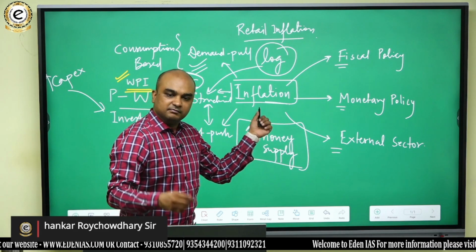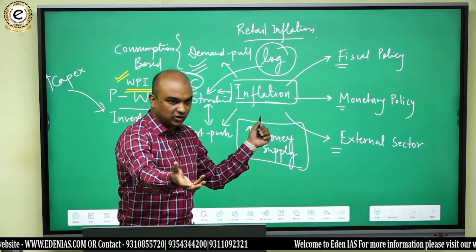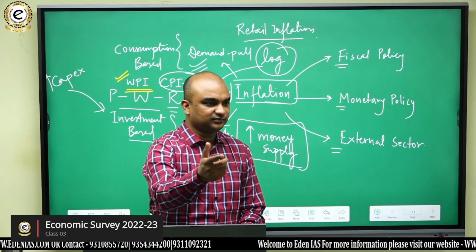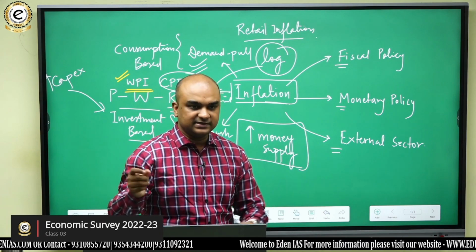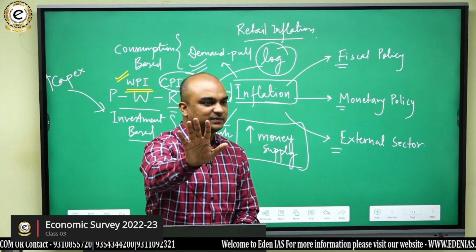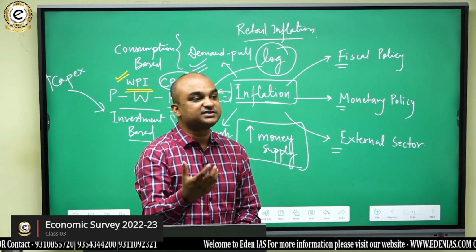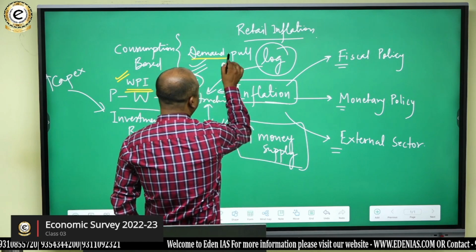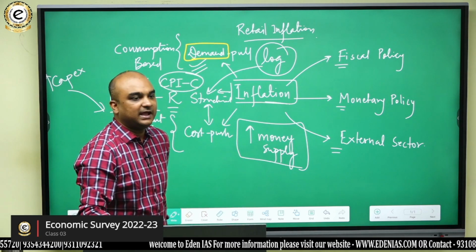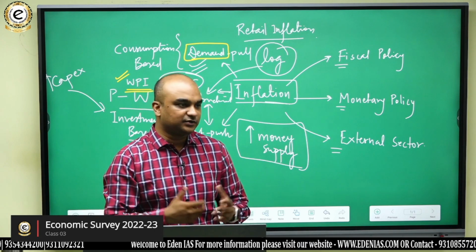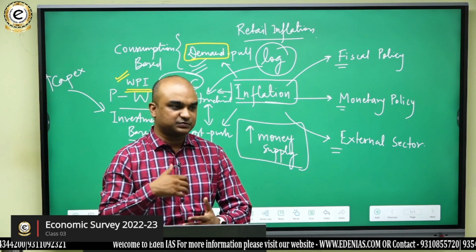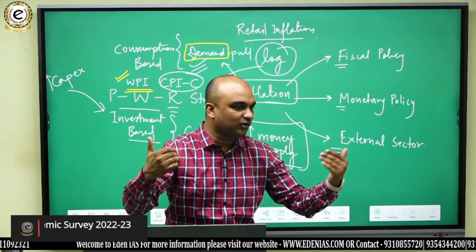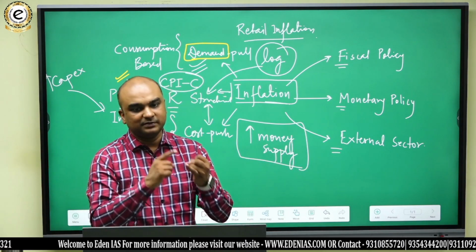If the money increases in the economy, then per capita money increases. If the overall money supply increases, then money per person also increases, generally speaking. That enhances what? The purchasing power, and that fuels what? That fuels demand. Do you understand that? And when there is more money in the system, say for example the central bank is printing more money, that money will be pushed into the banking system, and people will then borrow from the banking system. So there will be more loans.